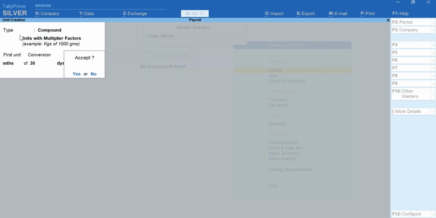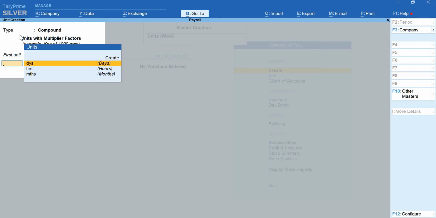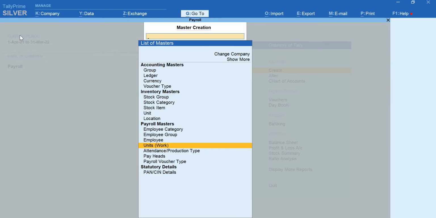Wherein I'm telling Tally that whenever you calculate the salary, go for choosing 1 month. That 1 month should consist of 30 days of attendance. If the employee has 30 days of attendance, which means he has come for work for 30 days. If it increases or decreases in the number of days present by an employee, the salary varies. And then escape will come back.